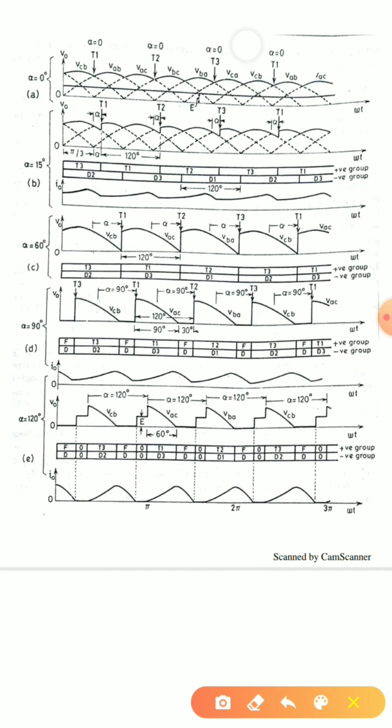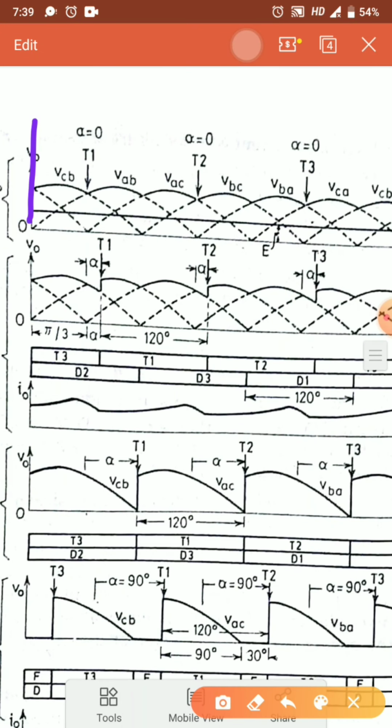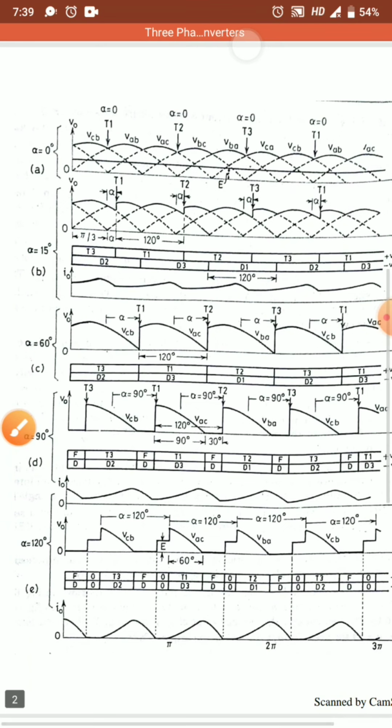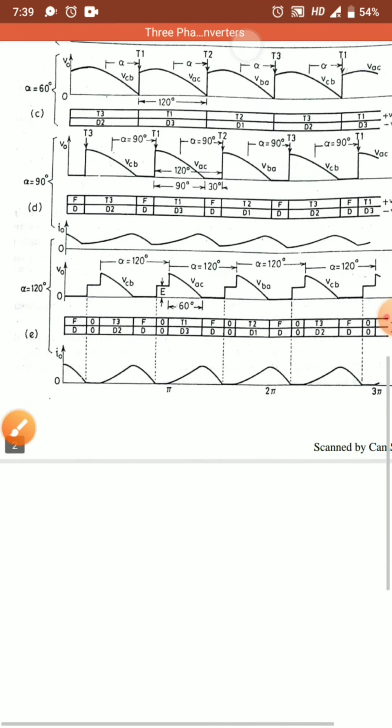This is quite clear from the waveforms. Looking here, for 0, this is 60, 120, so 120 plus 60. From here my thyristor will start conducting. So I can see that this is the negative portion that I'll be getting. Now clearly we can see here that this portion also I'll get because E is dominating in this portion, and this is the waveform that I'll get.